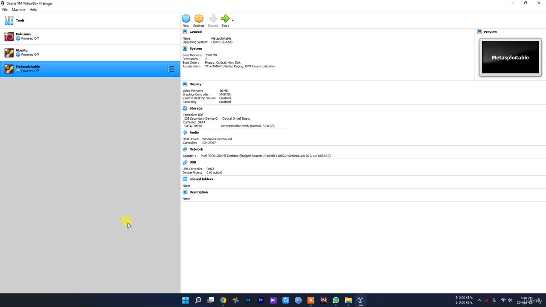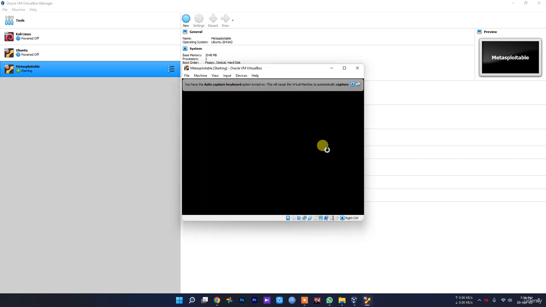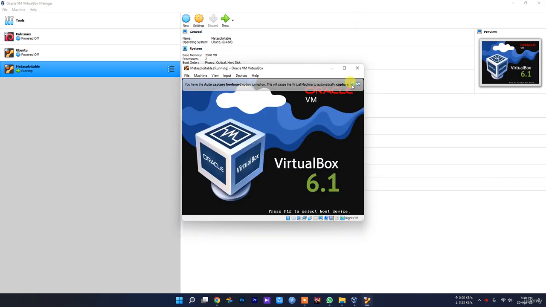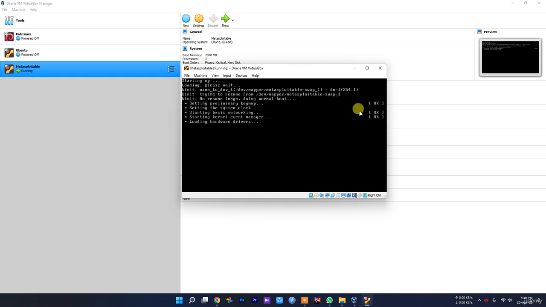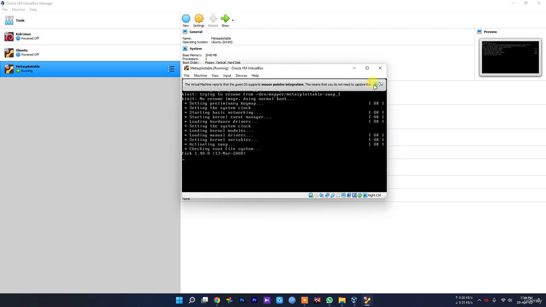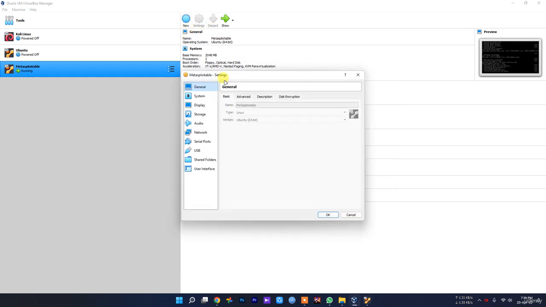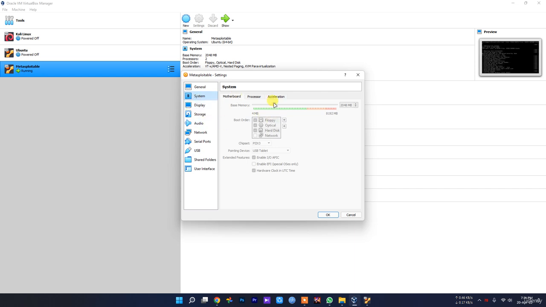Hello everyone, so now that we have downloaded and installed Metasploitable, let's configure it. Just press start. As I said, you need to first configure a couple of things, like your system,